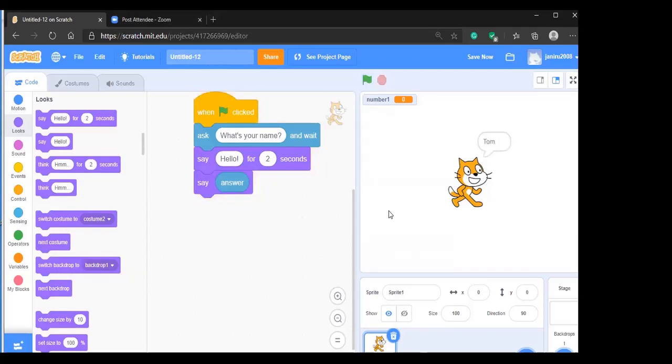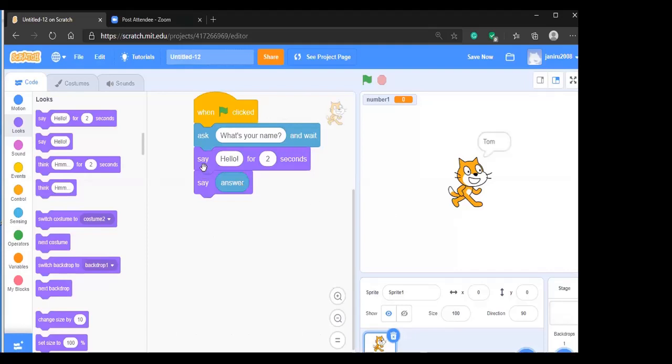Now the cat is saying both words, but this is not the desired output I am looking for. I don't want hello and then Tom separately. I want it to say hello Tom, so I have to do something else.